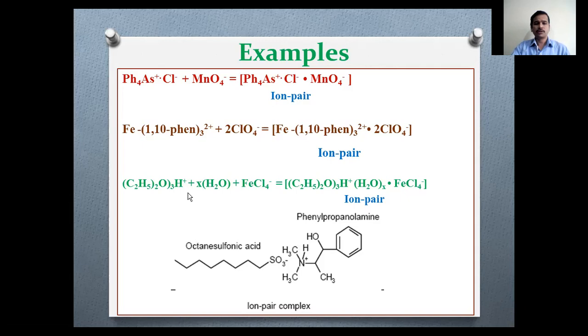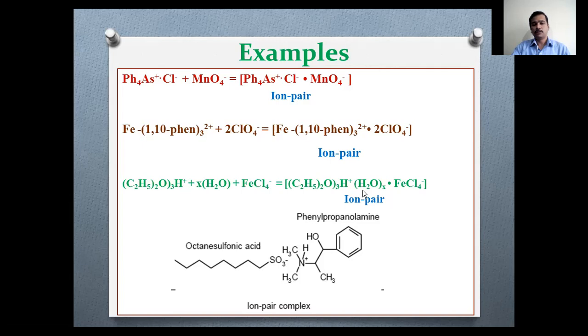First, ether undergoes solvation by the hydronium ion. So this is in the positively charged state, and this is going to be the negatively charged species. The combination of this positively charged and negatively charged species takes place in order to form an ion association complex. So here, the solvation takes place.